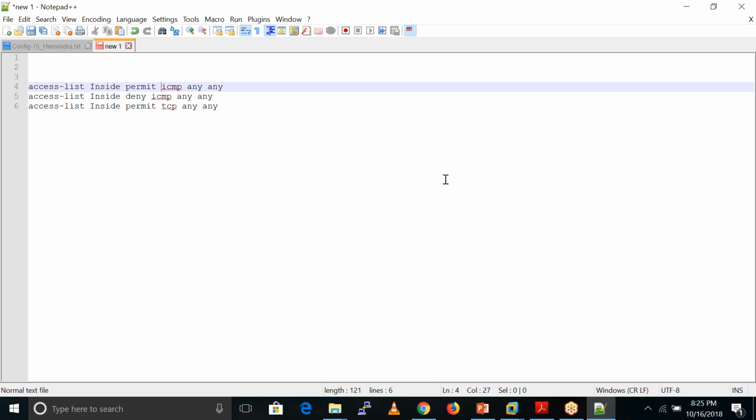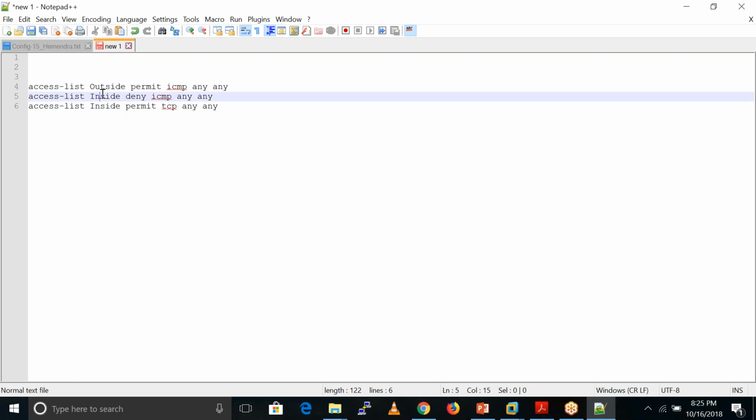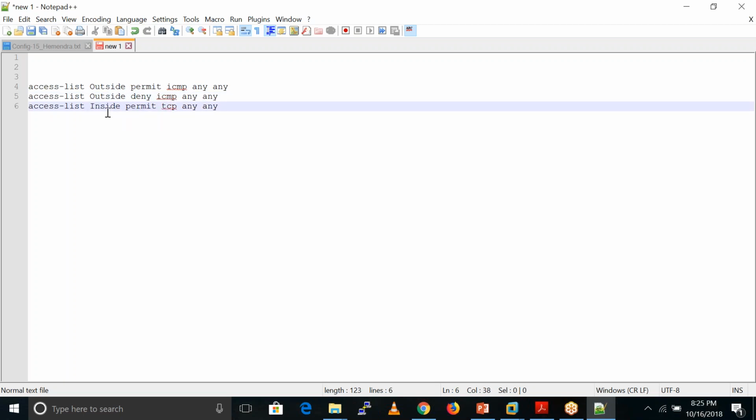I'll give this name here, maybe I write outside here. People having interfaces also use that ACL on the inside network as well as on the outside, both places. It depends on the scenario, on your configuration, and on the network engineer and how he is going to implement that kind of thing.